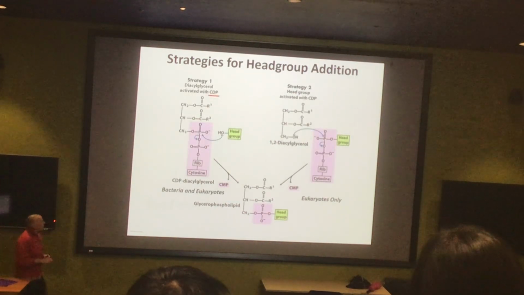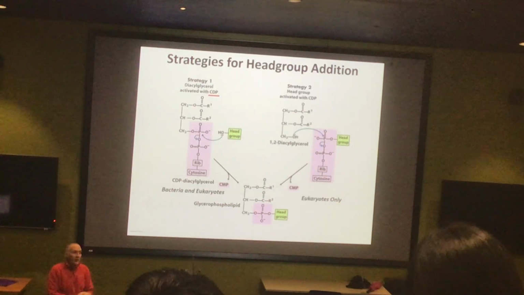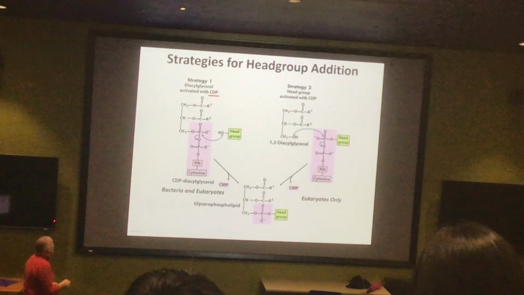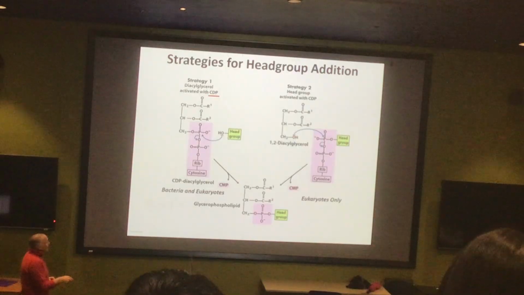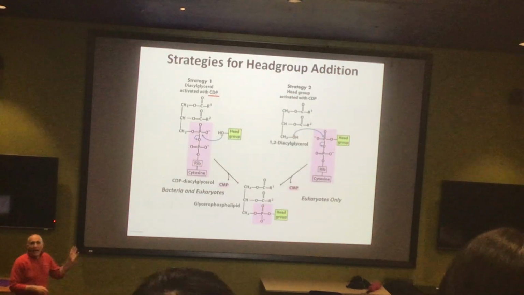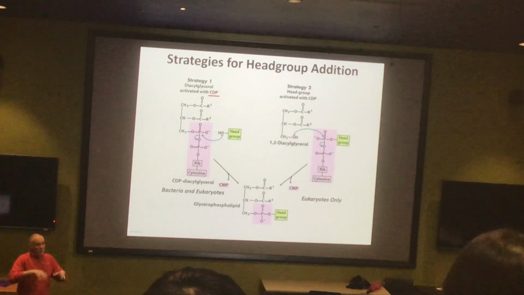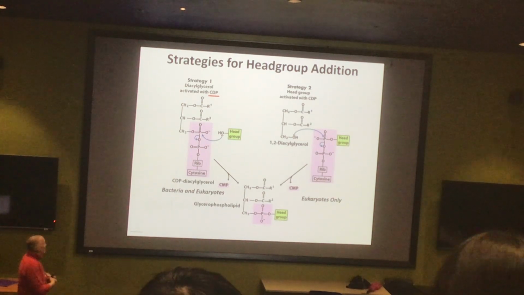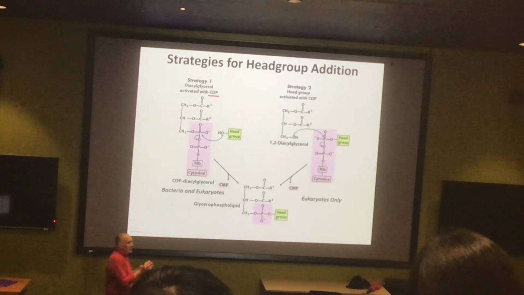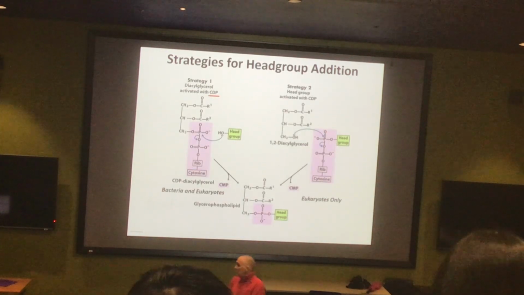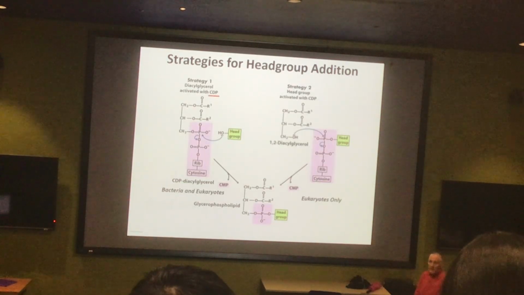There are in general two different strategies, therefore, by which we can convert our phosphatidate into one of these membrane lipids. Bacteria and eukaryotes use strategy 1. Only eukaryotes use strategy 2. I have a couple of examples after I show you the basic strategies here. I'm not going to show you all of them, but take a look at them. You'll see what I mean. I included a couple of extra slides that just show you some of the common lipids and how they can be accomplished with one or both of the strategies. But let's just look at the basics of the strategy, what they're going to carry out.